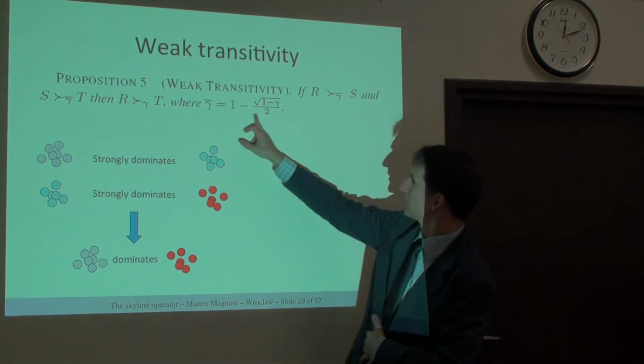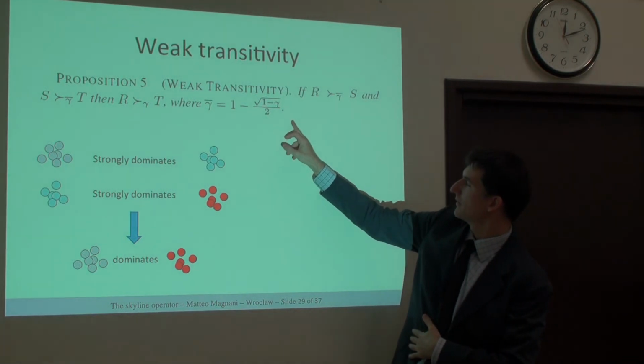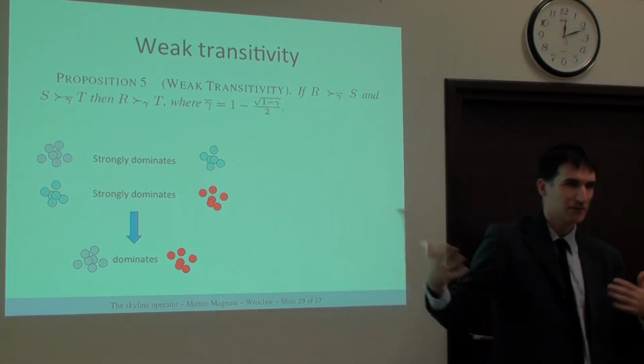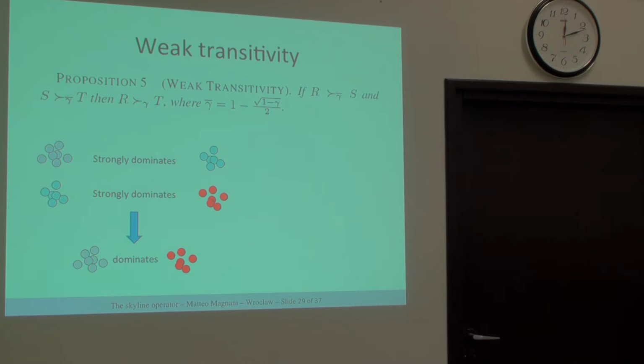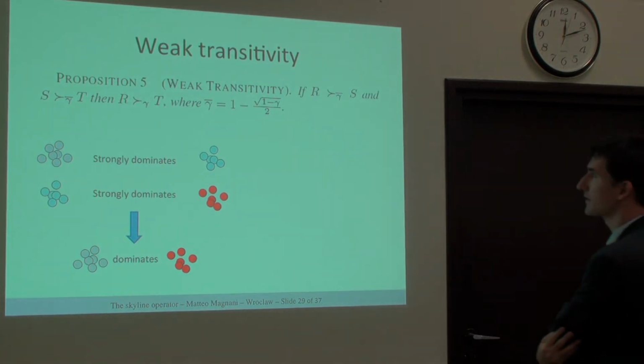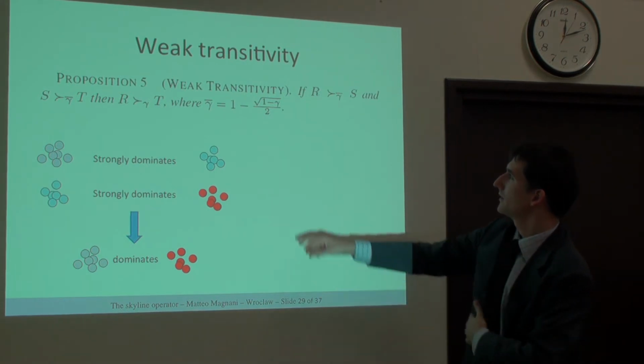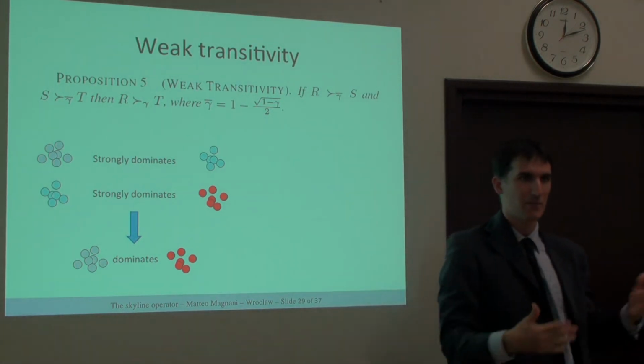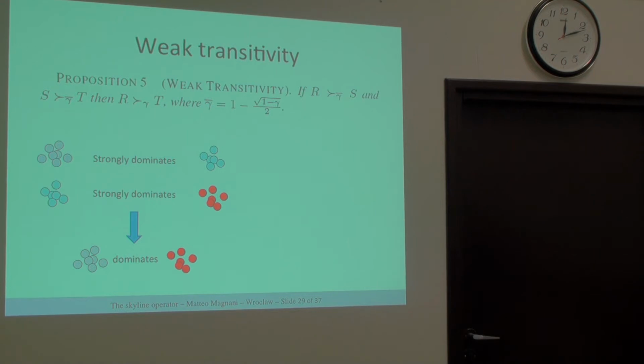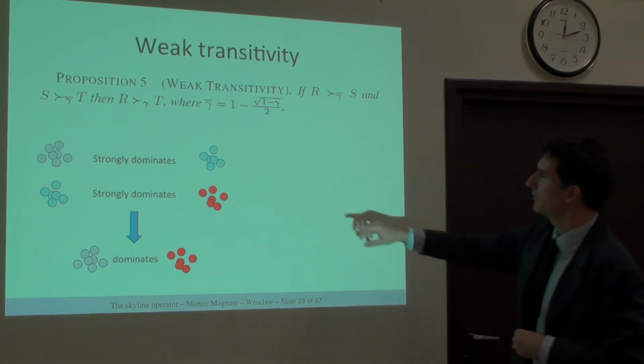And this is the formula. It's not a trivial relationship. And this square root comes, just to give you an idea, from the geometrical interpretation of this skyline operator. And the main idea is that if you have a threshold gamma, saying whenever I'm gamma % better than you, that's enough to kick you out, then you can define this